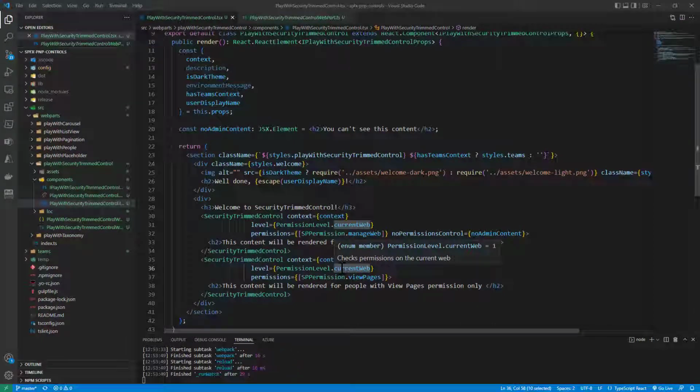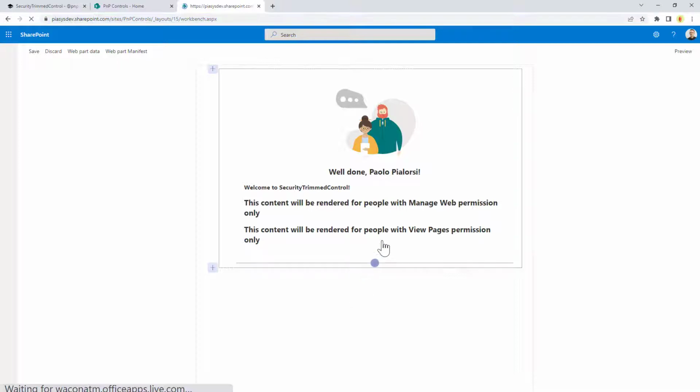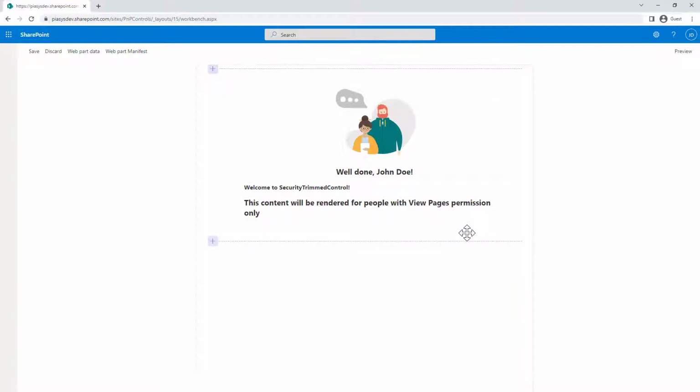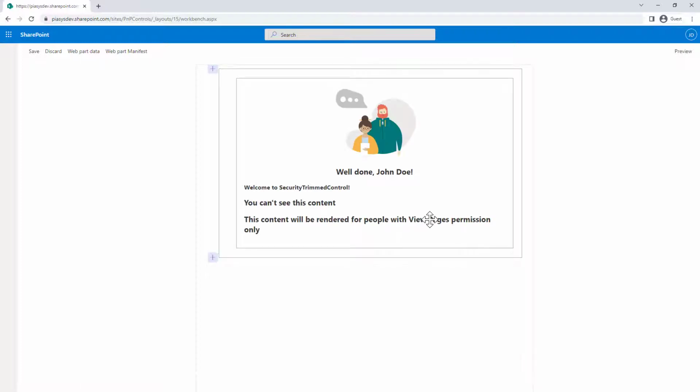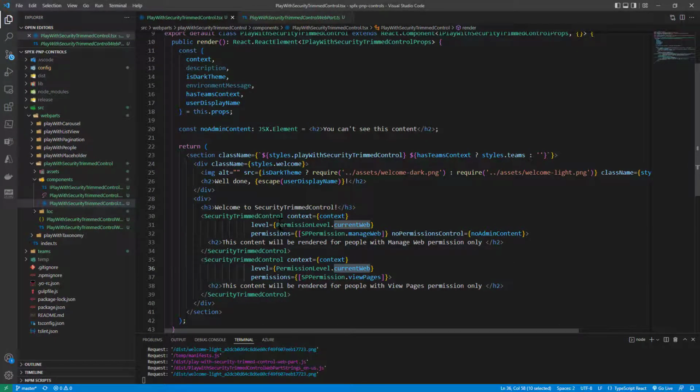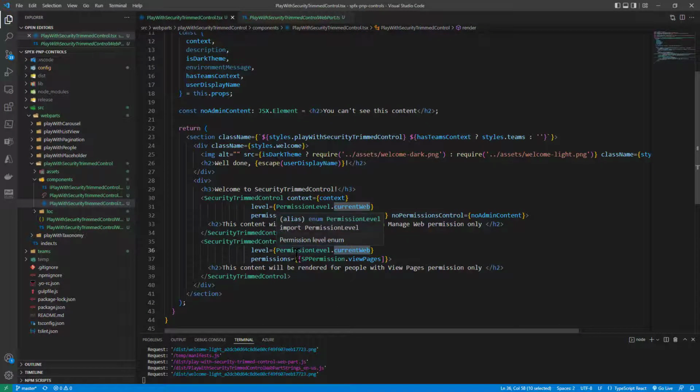And so I can see the manage web targeted content, and the view pages one is still as before. But if I go to John Doe's profile, I can see that now I have the content for the people targeted with the view pages permission, and I see you can't see this content for all the other people, including John Doe. This is a really useful and powerful control that you can use